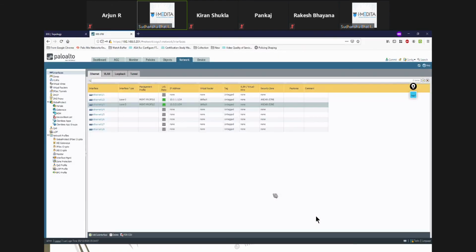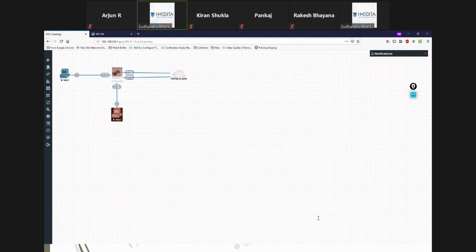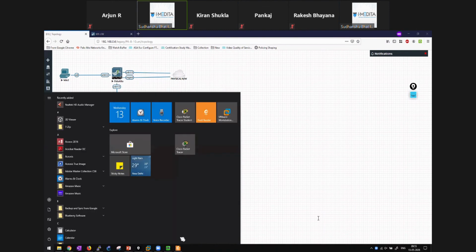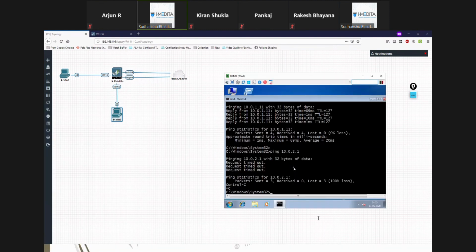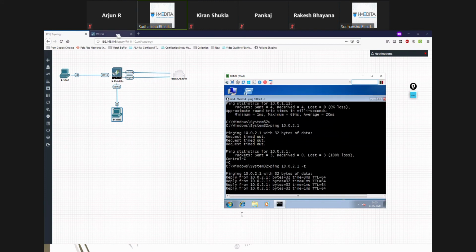So let's commit. And if now I try to ping the firewall interface of Ethernet 1/3, I'll get a reply. See, the configuration is done.